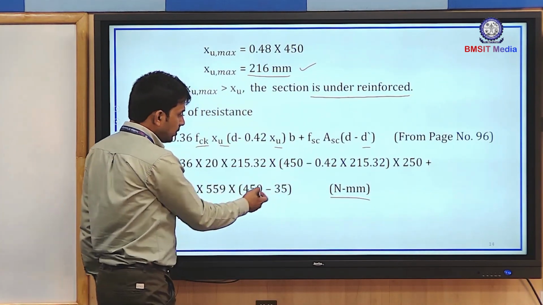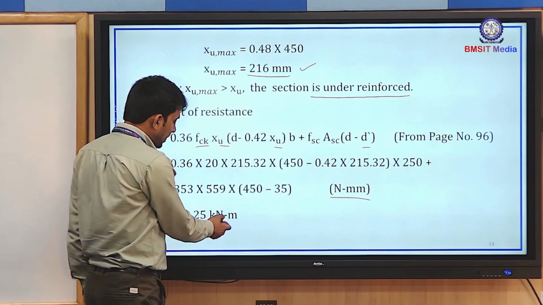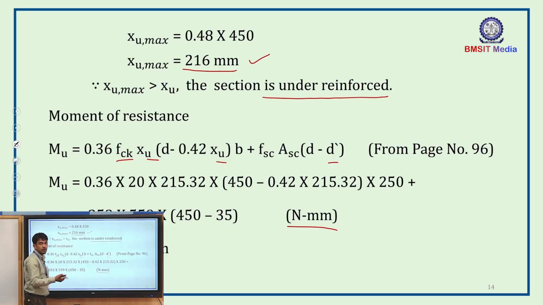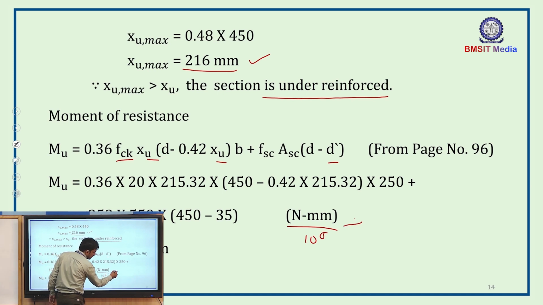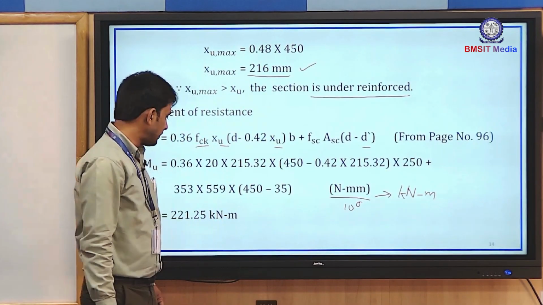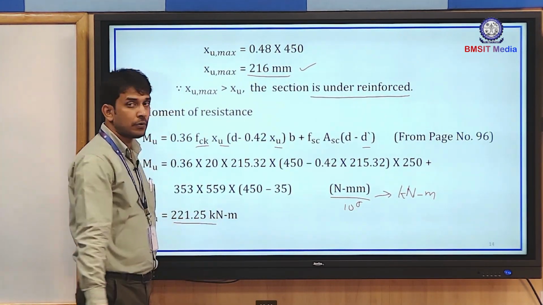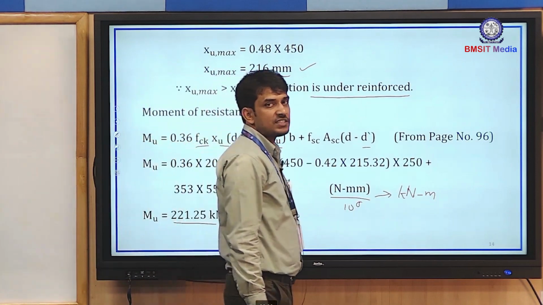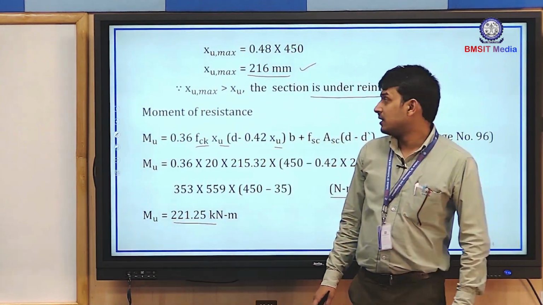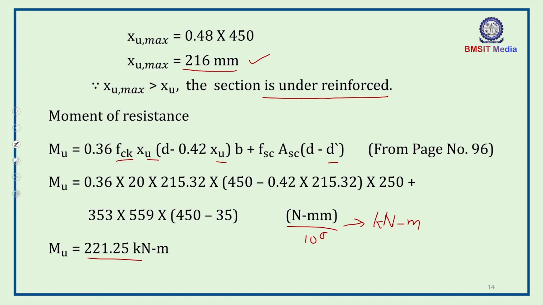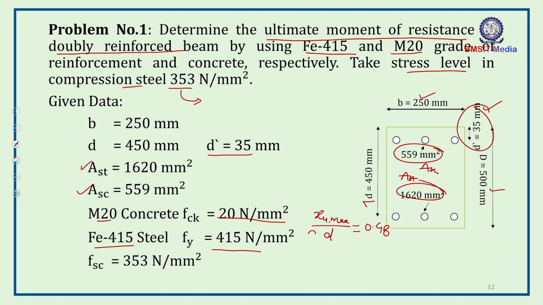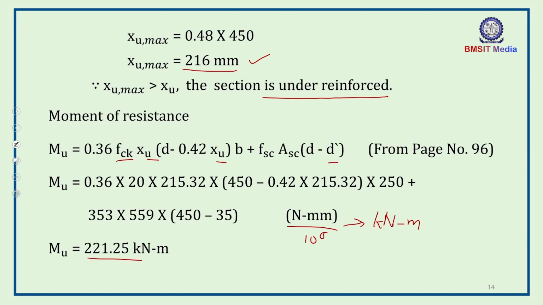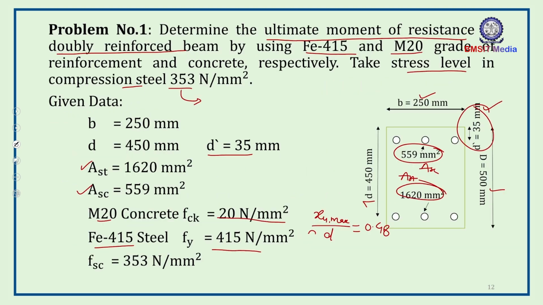Now, Newton into mm: if I have to convert it to kilonewton into meter, I have to divide this entire value by 10 raised to power 6. Then the unit becomes kilonewton into meter. This is how we have to do it. Then we get 220.25 kilonewton into meter. This is the moment of resistance for this beam, so we can say the moment of resistance for this question is 221.35